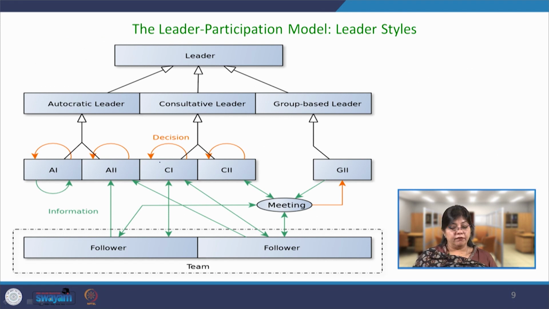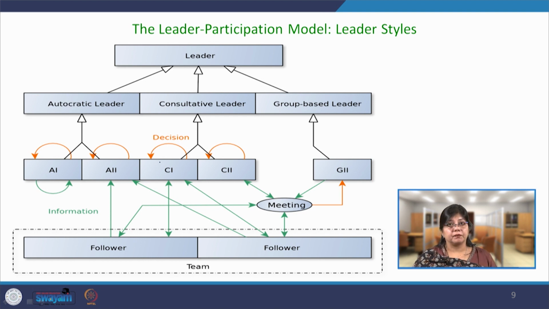This is the model where 3 leadership styles, autocratic, consultative and group based leader, have been identified based on the amount of information sought by the leader and how much participation is allowed in the decision making process. If we talk about the autocratic leader, in A1 there is no interaction with the follower, but in A2 there is interaction with the follower, but no influence. If we talk about the consultative leader, again the leader will follow, but there is no influence,